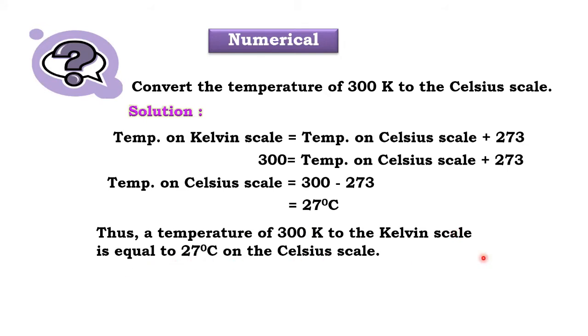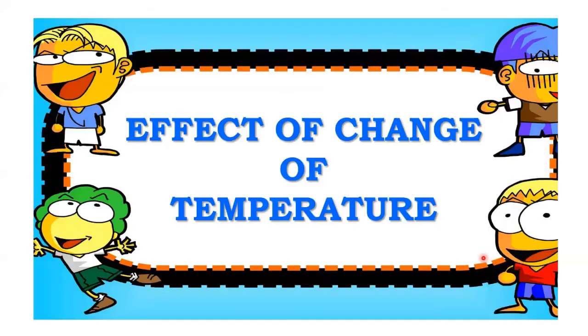So this is how we can convert temperatures from Celsius to Kelvin or Kelvin to Celsius back. If you want to convert Celsius to Kelvin, you're simply supposed to add 273, and if you want to convert it into degree Celsius, you're simply supposed to subtract 273 from it. Okay. I want none of you to get confused with this. It's very easy to understand also. Fine. Let's see what we have ahead.